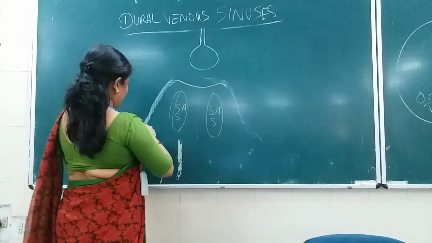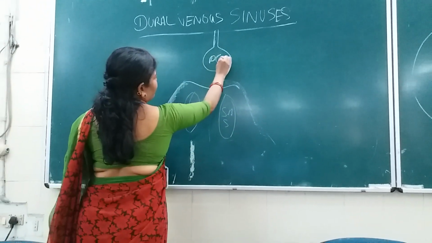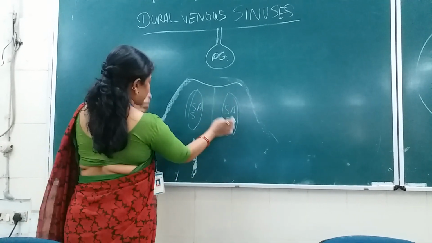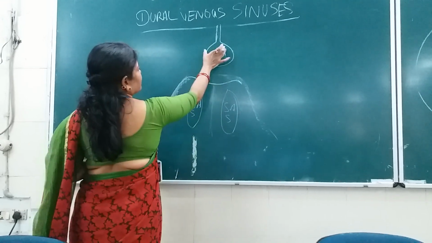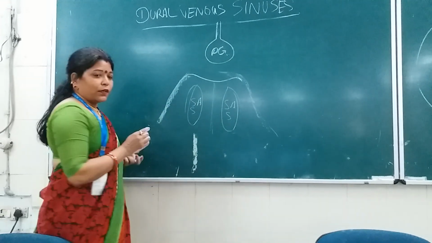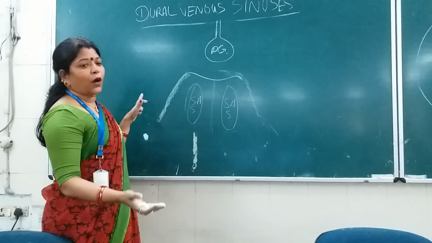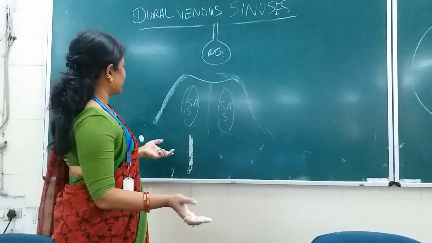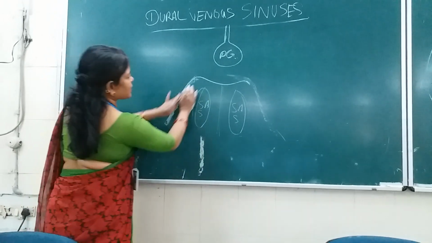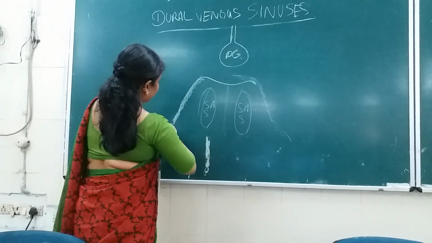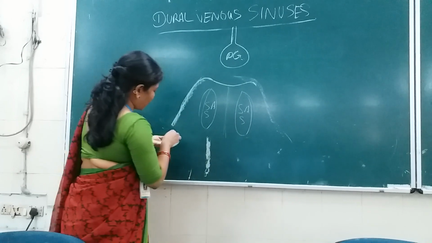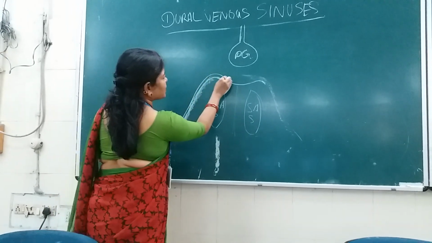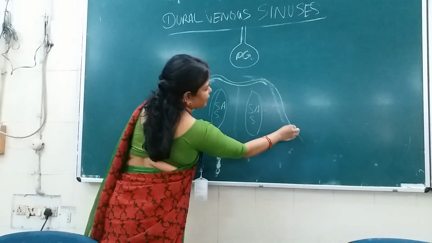This is the pituitary gland, the master gland of our body. All of you know that. So this is the sphenoidal air sinus, the body of the sphenoid, and above that is the pituitary gland. Now we are discussing how the cavernous sinus is formed and what its contents are. This line is the bony part, and it is covered by which layer? Endosteal. Very good, the endosteal layer.